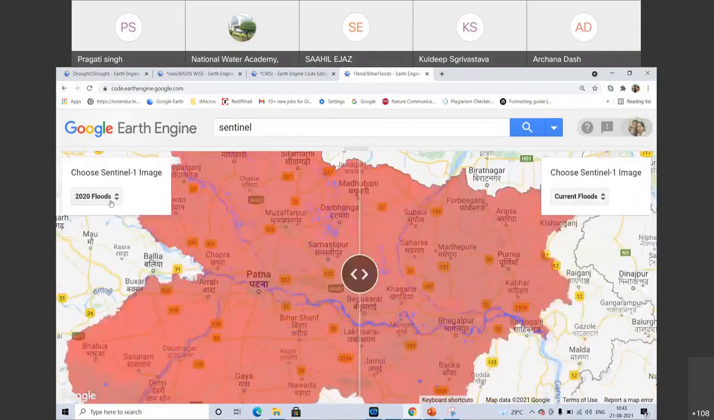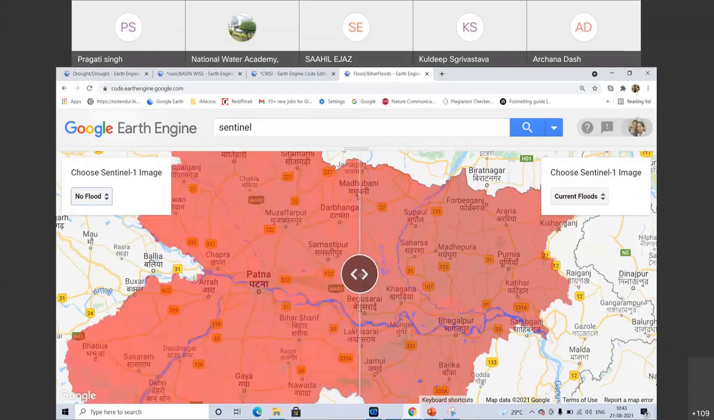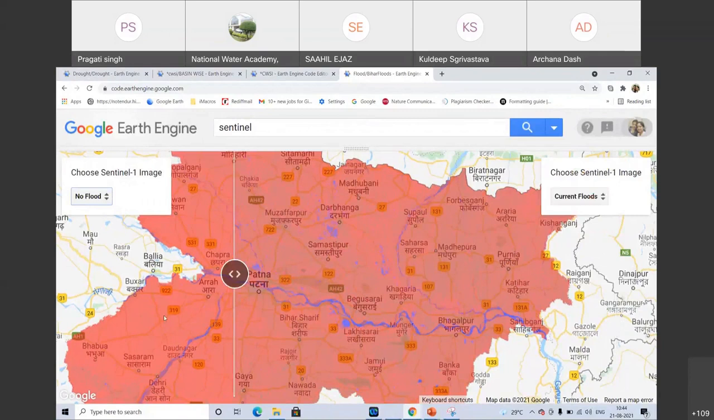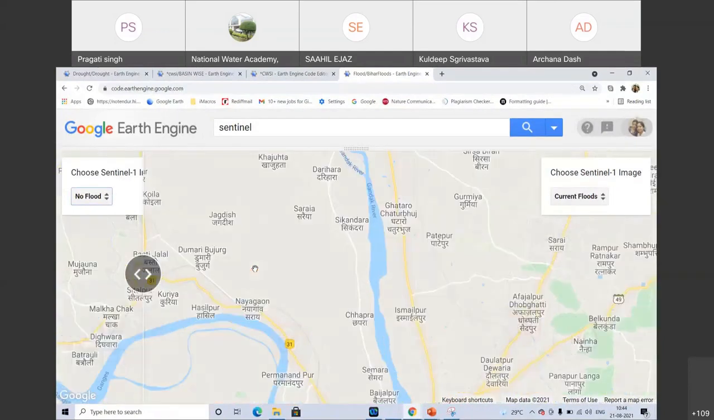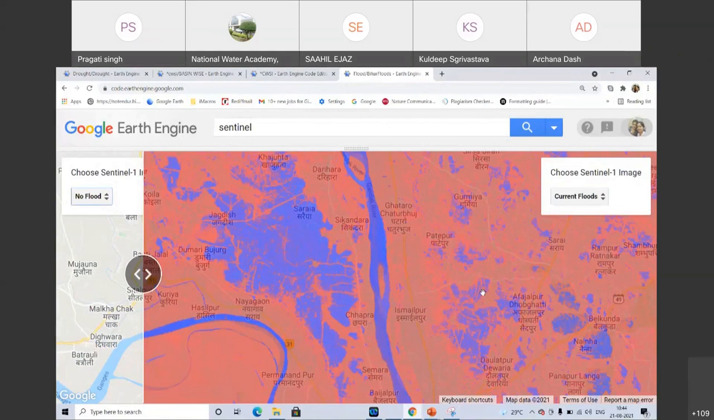So now we are going to display no flood and current flood. In the left panel, as we have given the March period, there is no flooded data. Only the permanent water body we can visualize. But in the right panel, we can easily see this Darbhanga region, and this near Lakhisarai. This is the flooded period, as also in Patna. When we zoom in,